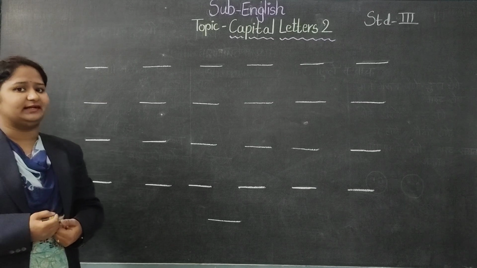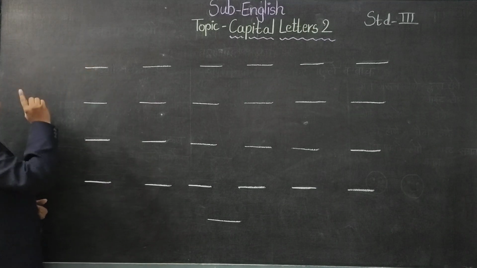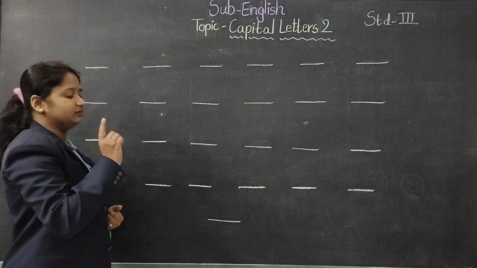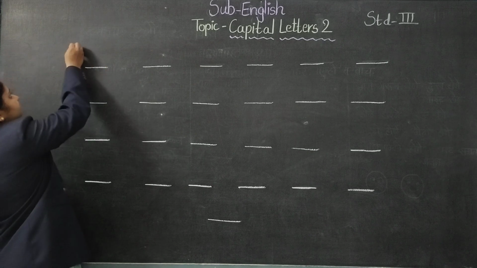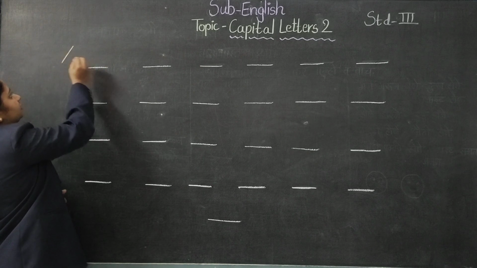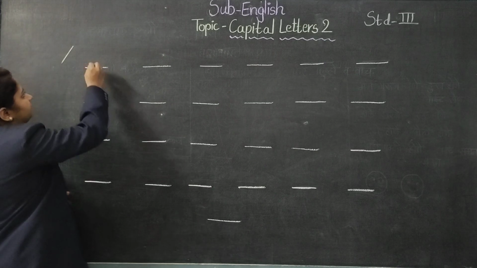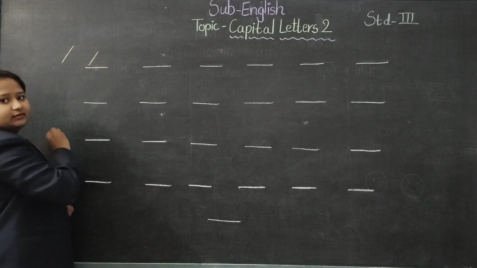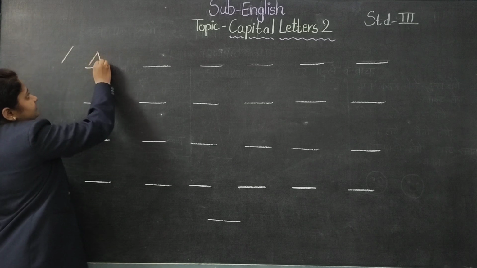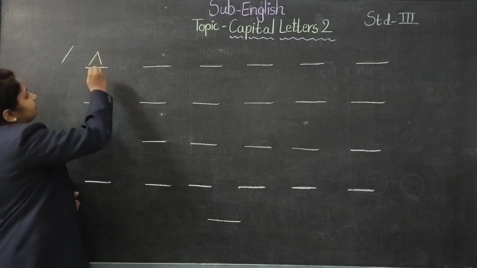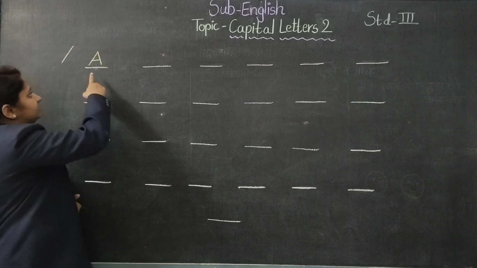We will start from the letter A. You can see this first stroke, which is the slanting line. Okay, we use the slanting line. What is a slanting line? This is a slanting line. So again we use this slanting line to write the letter A. We will use here 1. This is the first step of writing A. Second stroke, then the sleeping line, and we are done with our letter A.